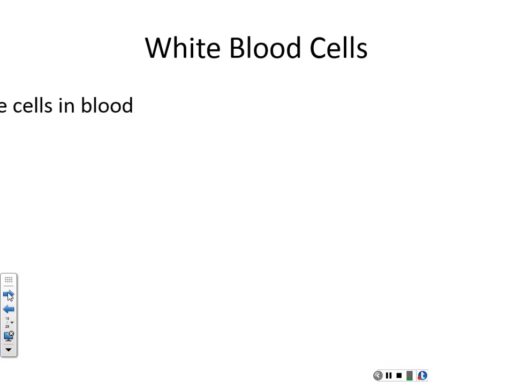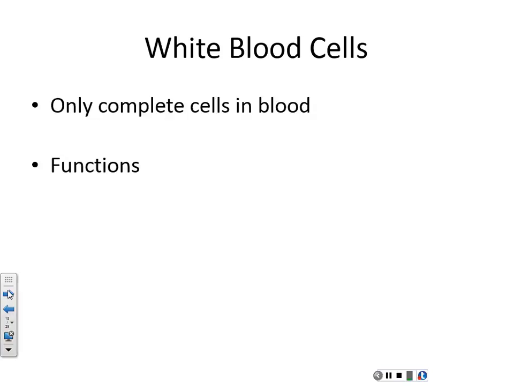Okay? So now we go to white blood cells. Those are the only complete cells. The rest, the red blood cells, we call them that, but they don't even have a nucleus. They've lost all the organelles, okay? So they're not really cells if we're being strict, okay? So the white blood cells are the only complete cells. Okay, and the functions of them, of course,